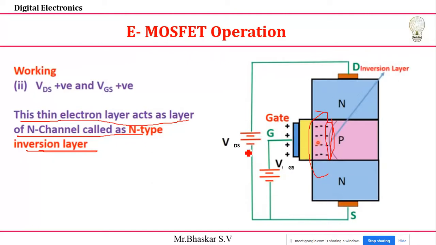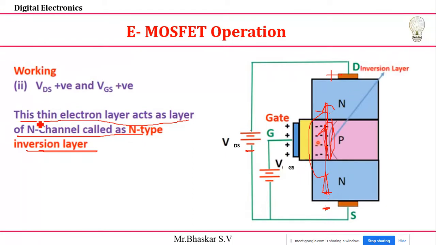See, the source is connected to the negative power supply. If I connect the negative power supply here, then the electrons and the negative supply repel each other, so the electrons try to move in this direction. Because you connect a positive power supply at the drain, the electrons are attracted there. Now all the electrons move from source to drain. As already told, once electrons move from the source to drain, the current flows in the exactly opposite direction, from drain to source.